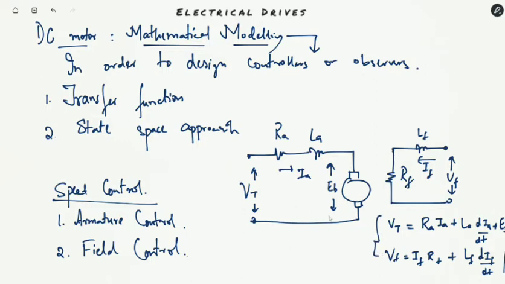In a similar fashion, we can have the mechanical equations. We'll have a torque induced in this armature, and there will be a rotational speed omega. So the mechanical equations can be written as J d omega by dt plus b omega is equal to the torque induced tau. So the torque induced tau will be equal to J d omega by dt plus b omega, where J represents the inertia constant